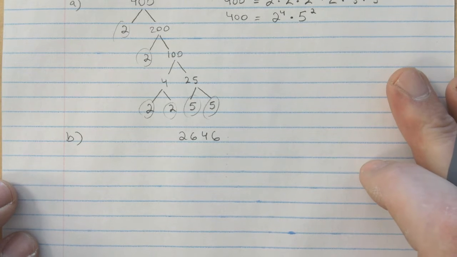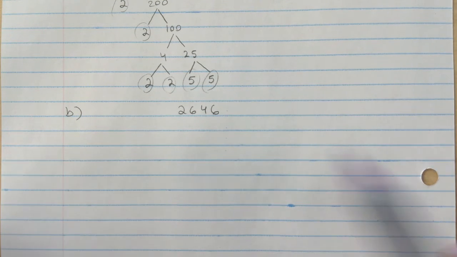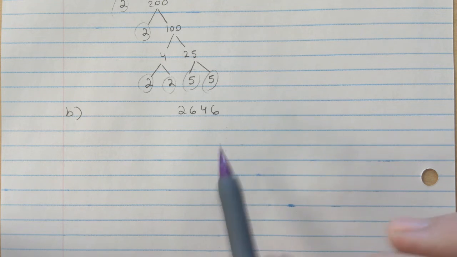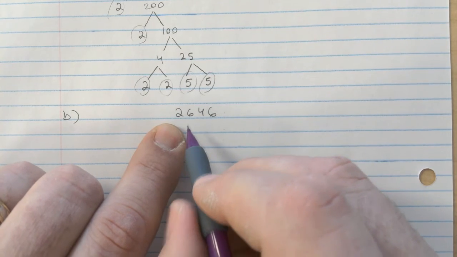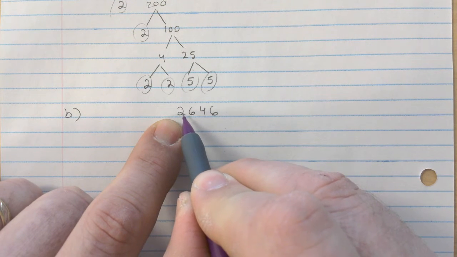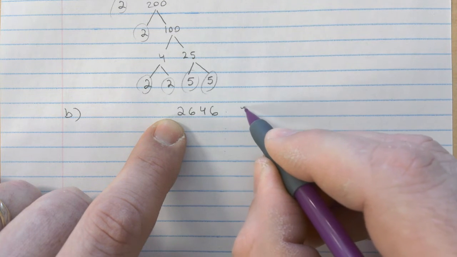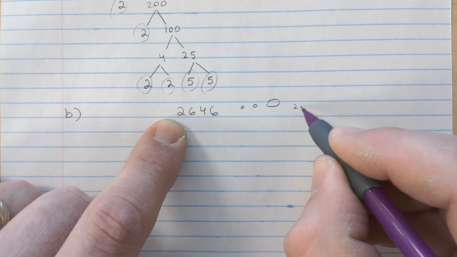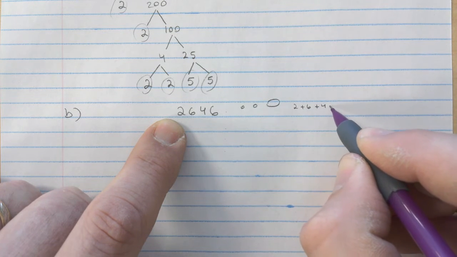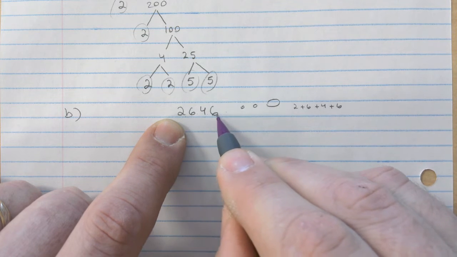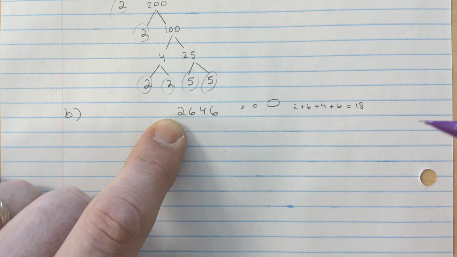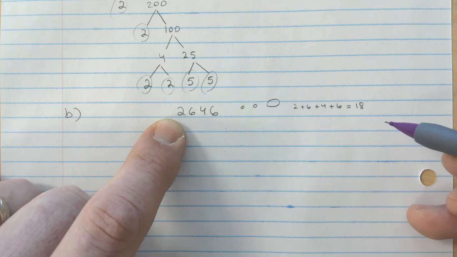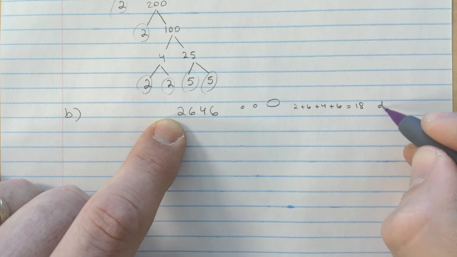Now, always finding 2 first is a little bit more tedious, but what you can do is add up the digits. Remember the 3 and the 9 rule? You've got to add up the digits. So I'm just going to do it on the side here: 2 plus 6 plus 4 plus 6. So you're literally adding up the digits. So this is 8 and 10, that's 18, and so this is divisible